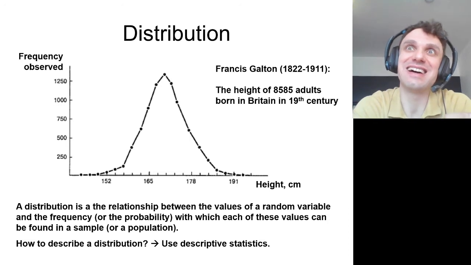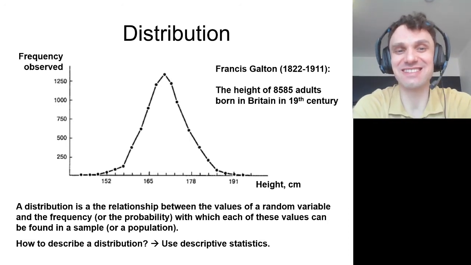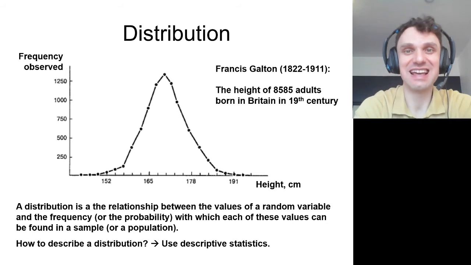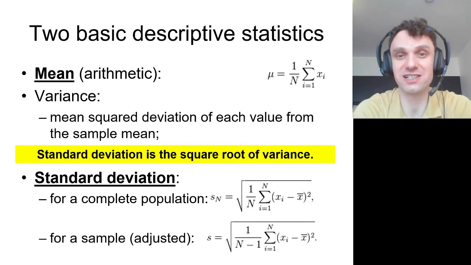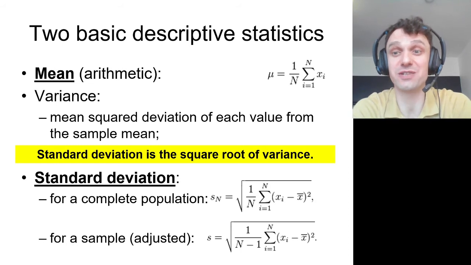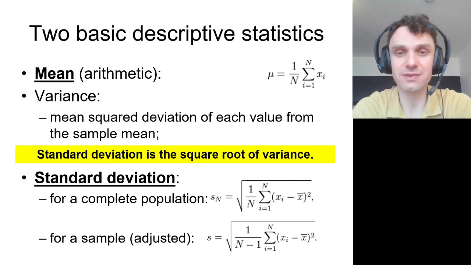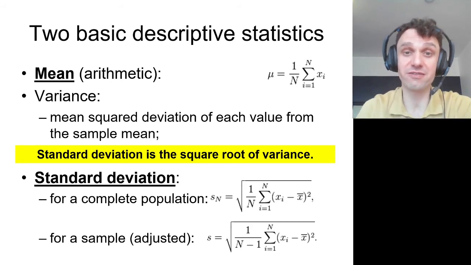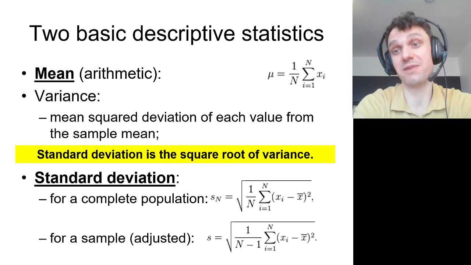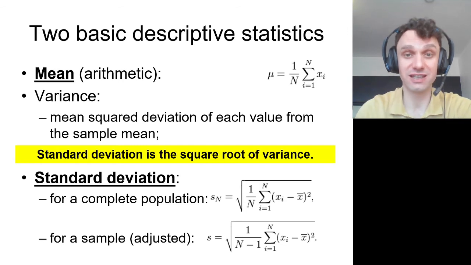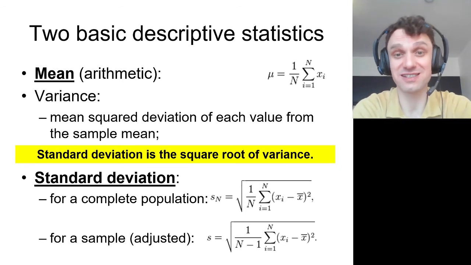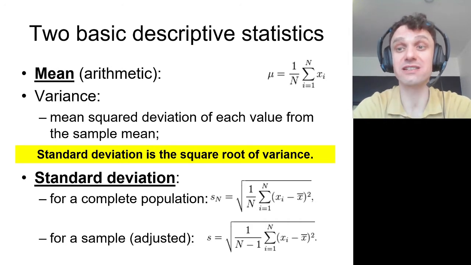How can you capture the information that is present on this graph? And for this, you need two descriptive statistics. Just two of them, imagine, so simple. The first descriptive statistic which we are interested in is called the mean. Just the simple arithmetic mean. If you want to calculate a mean height of people in your room, you just measure each person's height and then you average. So this average will be the arithmetic mean. You sum up all their individual heights and you divide the result by the number of individuals in your room. And we are all familiar with this arithmetic mean, which describes the central point of a distribution.